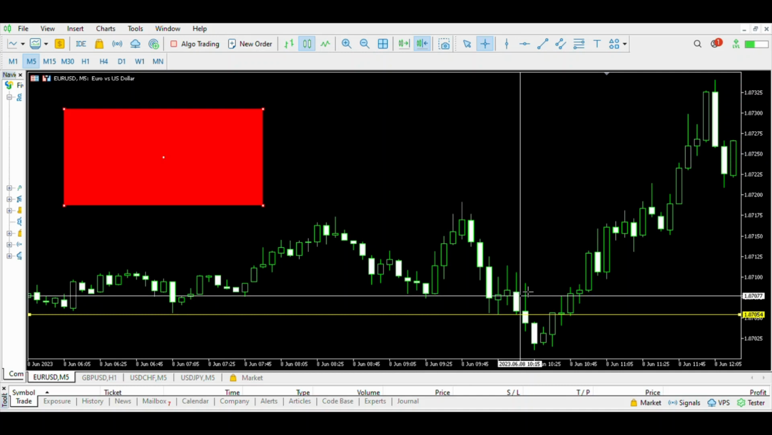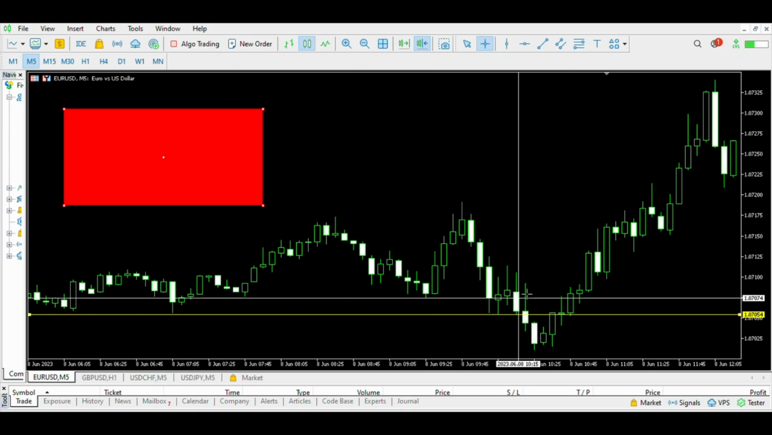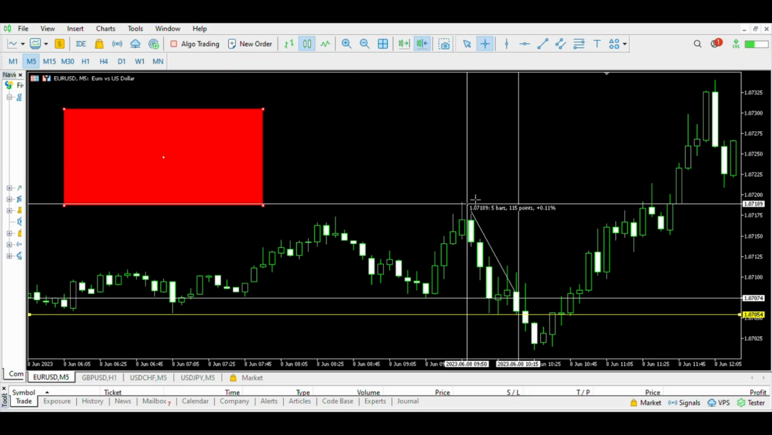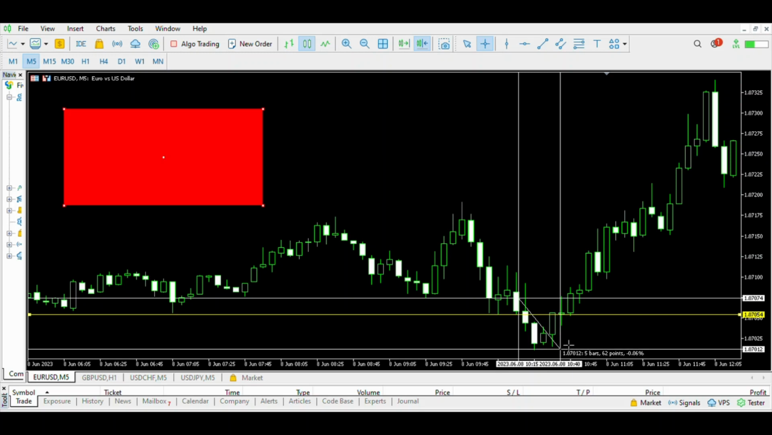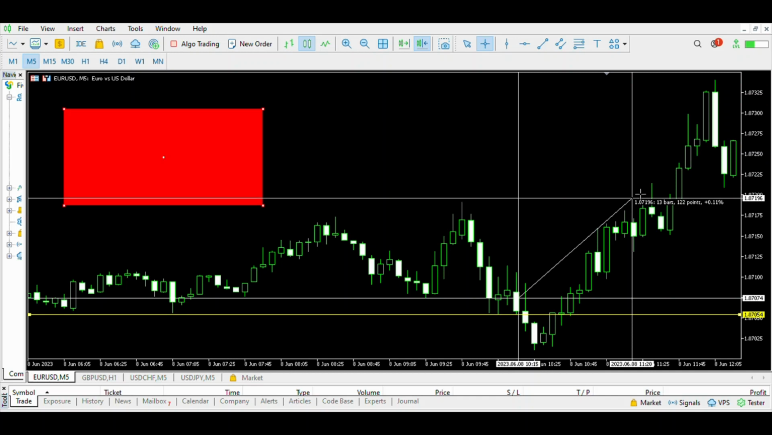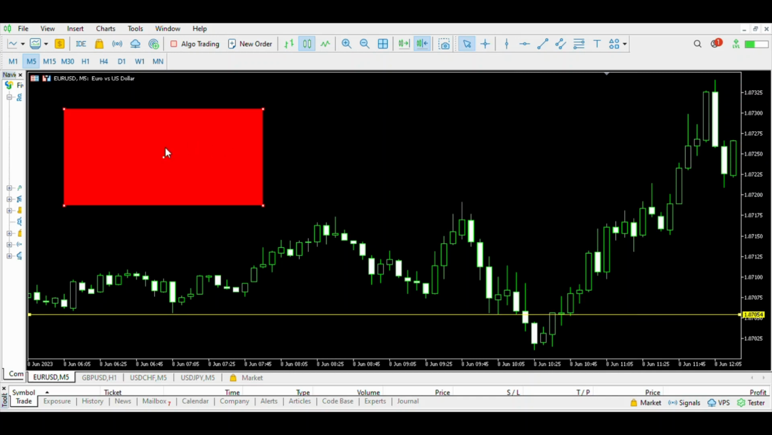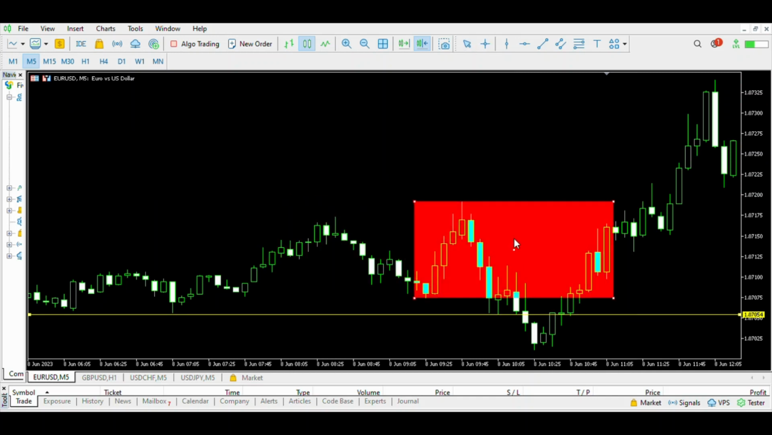So my entry will be here and I'm risking 11 pips and I want a 1-to-1, and as you can see, I do not get it. I get 6 pips and then I get stopped out. This is a really bad way to start, isn't it? But it's really good to see, because you can see now